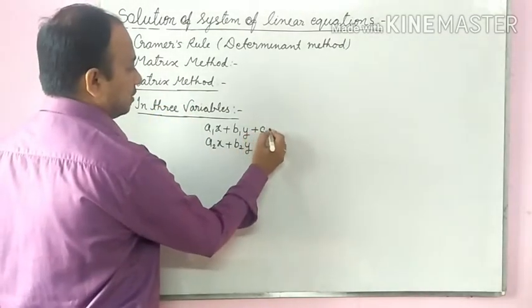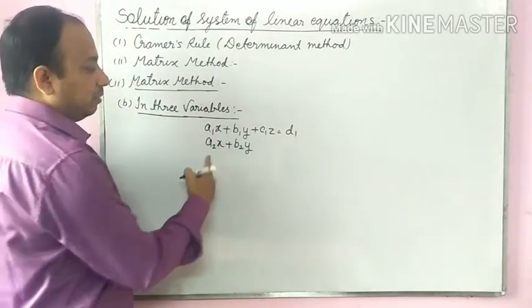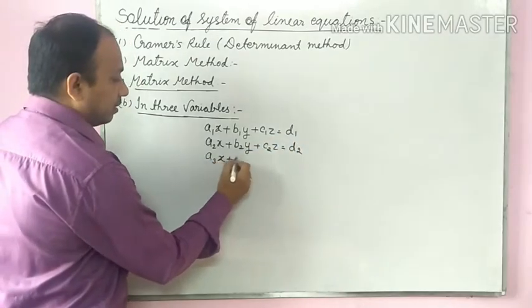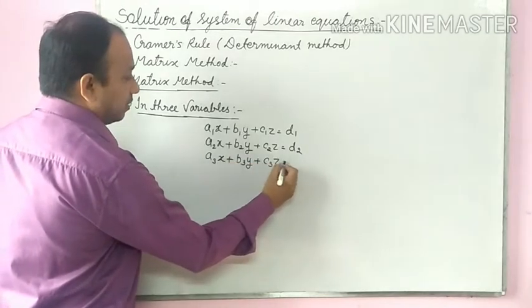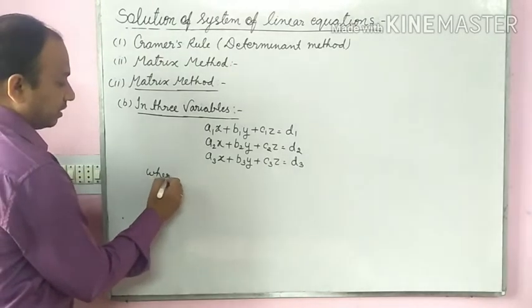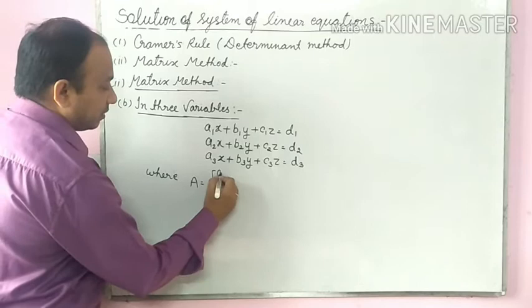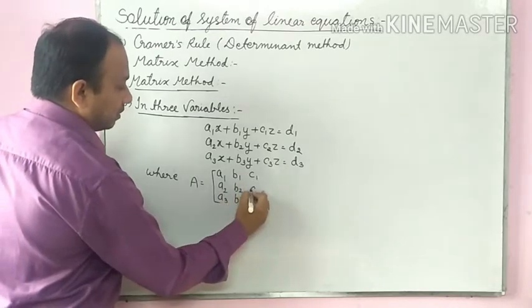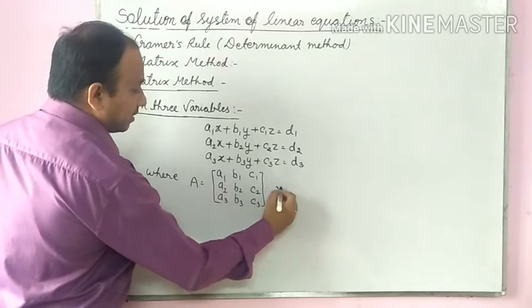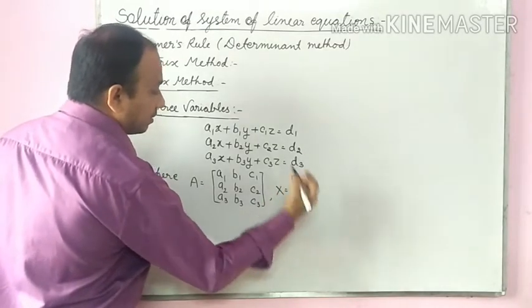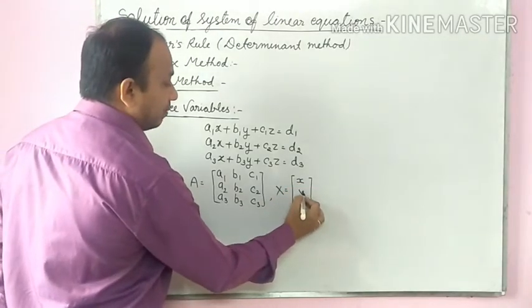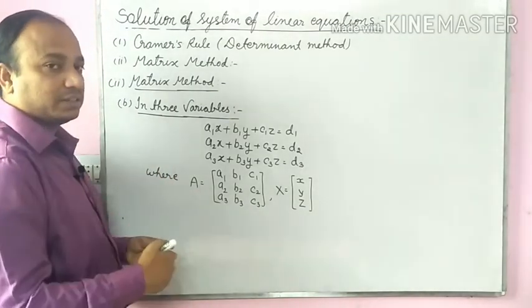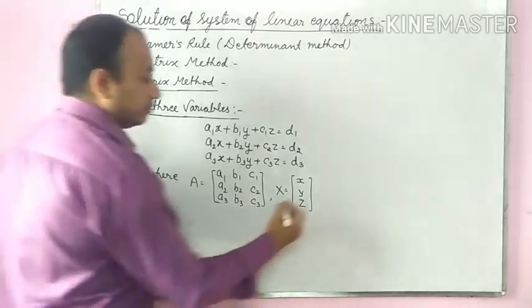a1x plus b1y plus c1z equals d1. This is the first equation in three variables. a2x plus b2y plus c2z equals d2, a3x plus b3y plus c3z equals d3, where matrix A is in the form of the coefficients of x, y, z: a1, a2, a3, b1, b2, b3, c1, c2, c3, and matrix X is the column matrix made by variables, जिसकी वैल्यू हमें फाइंड करनी है। मैट्रिक्स X भी कॉलम मैट्रिक्स होगी एंड मैट्रिक्स B भी कॉलम मैट्रिक्स होगी। मैट्रिक्स X वेरिएबल से बनेगी एंड द मैट्रिक्स B इज फॉर्म्ड बाय द कांस्टेंट।